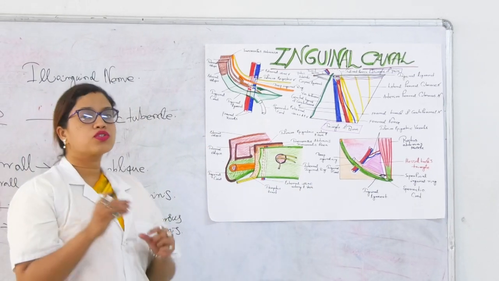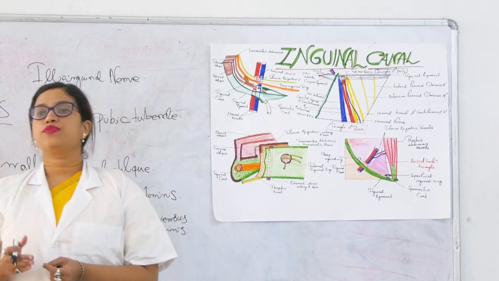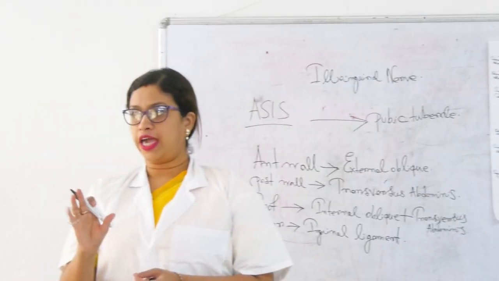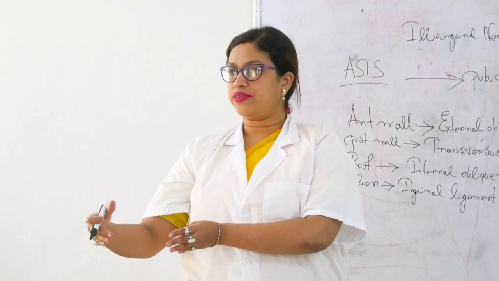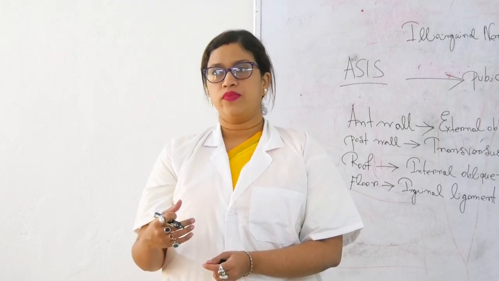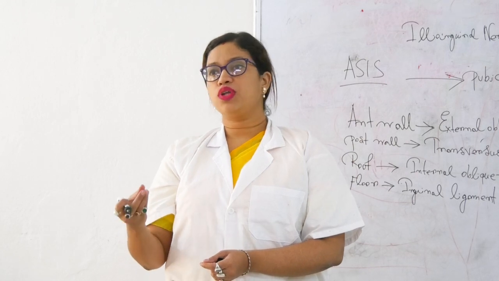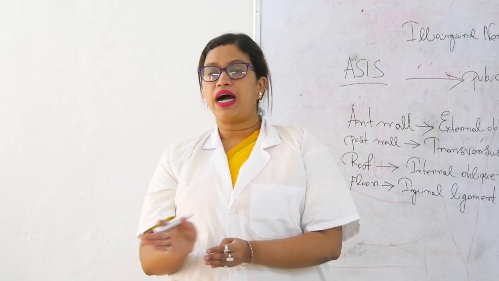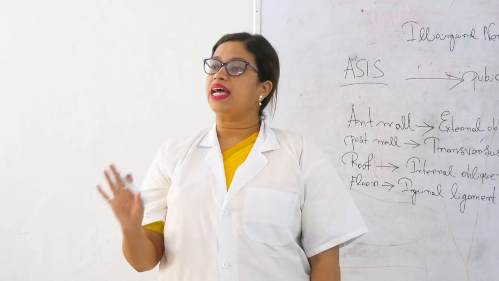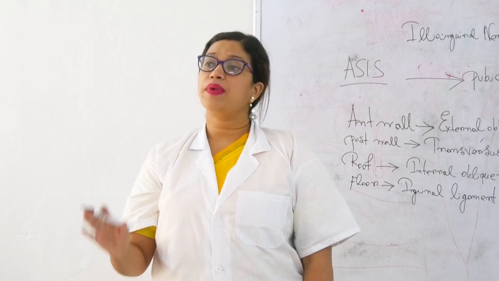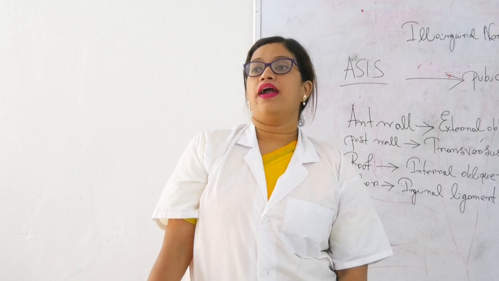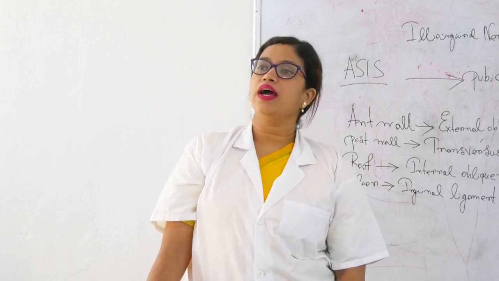As it has got two openings, just put yourself into the abdomen. Think yourself in the abdomen. There is an inguinal canal at the lateral side, and the abdominal viscera is there along with the peritoneum. It could be ileum, it could be jejunum, anything. So it may pass through this opening. It is a natural thing, it may pass. And if it passes, what will the pathology be called? Disease क्या होगा? Hernia. So this is known as inguinal hernia.